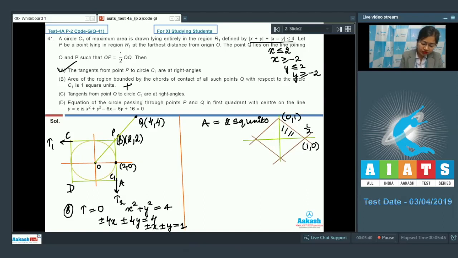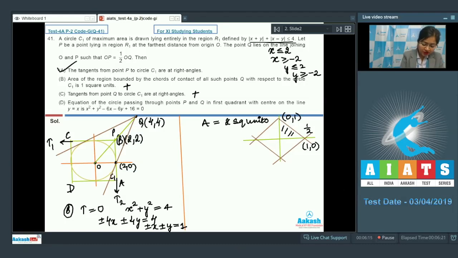Let us now move on to the third option, which says that the tangents from point Q to the circle C1 are at right angles. It can easily be seen from the figure itself that if I draw tangents from point Q to the circle, then they are not at right angles. So this option is also incorrect. Now option D says that the equation of the circle passing through the points P and Q in the first quadrant with center on the line y = x is